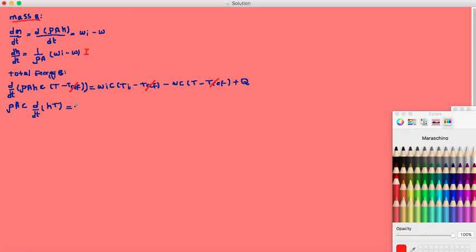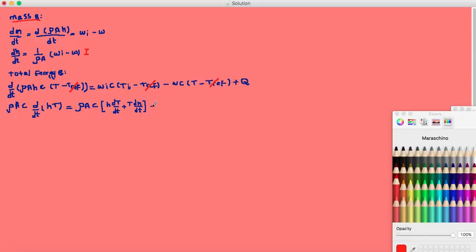But we know both H and T are variables, so we have to use the chain rule for derivation, and we will have rho A C multiplied by H dT by dt, changes of temperature based on time, plus T dH by dt,